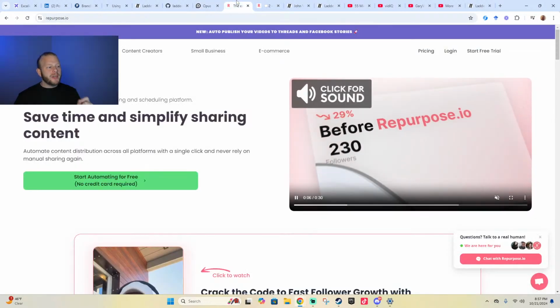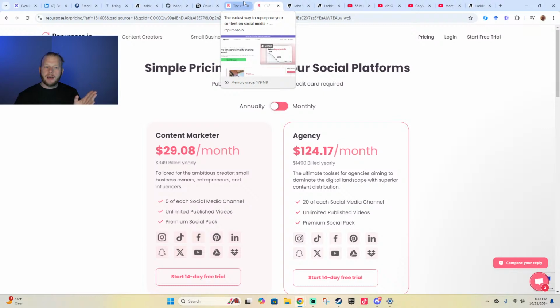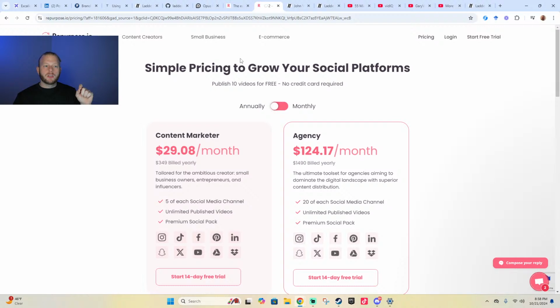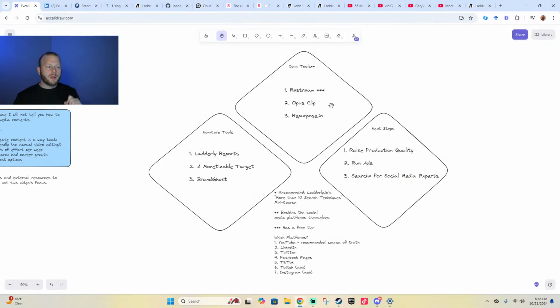Once it goes on the feed, now Repurpose is going to be watching it. And Repurpose does not have a free tier, okay? So if you want to do the no-cost version of this, you don't get the automatic repurposing. I don't even think you get the Opus Clip, do you? I don't think there's a free tier Opus Clip. So yeah, Restream has the free tier, and then you would need to clip by hand.